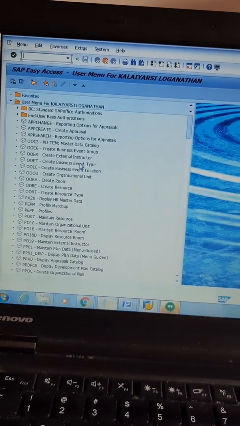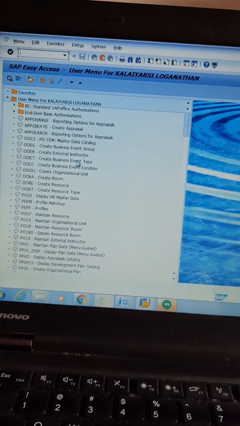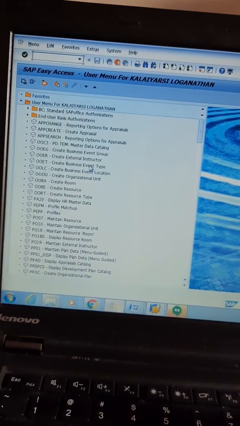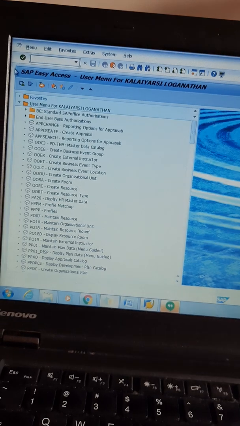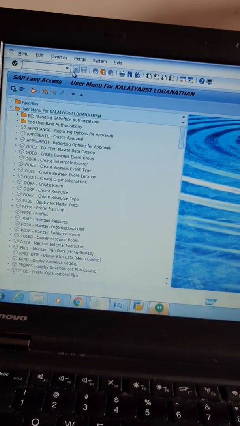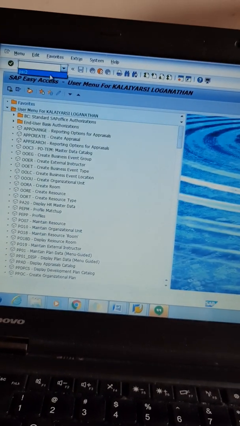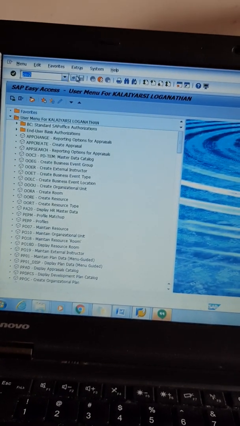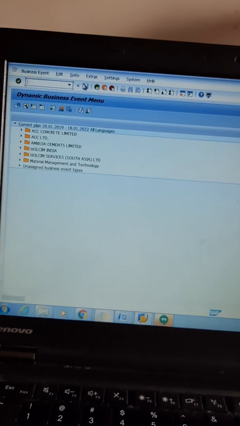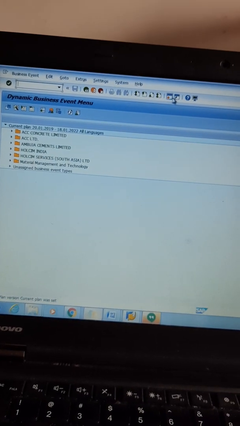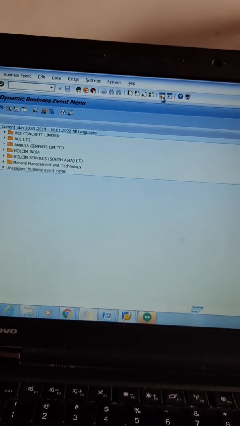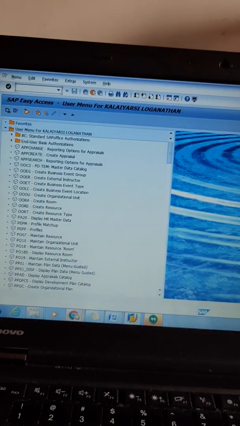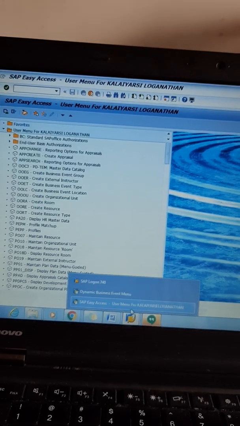The system will not allow you to create an event group or event type once you enter the T code. So I'm entering the T code at the top menu, which is here, PSV2. A history of the T codes you have entered will come in this list. I've used only PSV2, so I'm using PSV2 and click enter. As I told you, this is for the new session. For you to see the main session, you can keep this record open newly for cross-checking certain information.